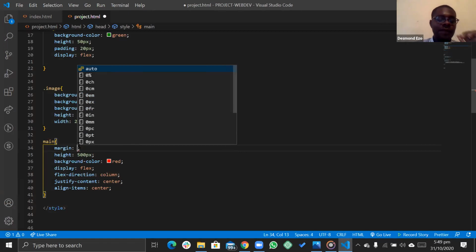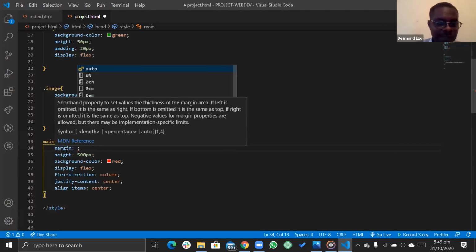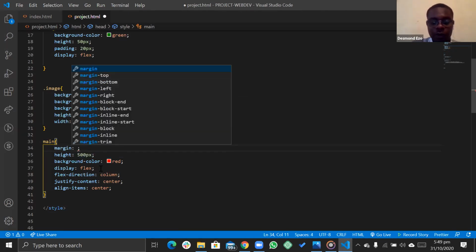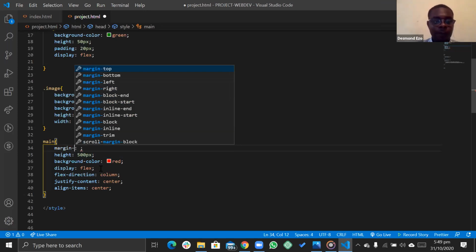This property margin behaves differently. I can specify margin to individual sides of that element, or I could just specify margin generally. So it's going to affect the margin for the top, the bottom, the left, and the right. But I don't want to do that. I just want it to touch the margin for the left, the right, and the top, not the bottom. So for me to do that, the simple way I can do this for you who is learning so that you get an understanding is: